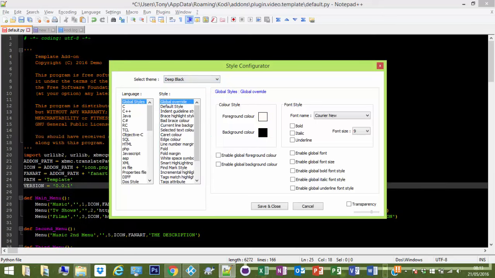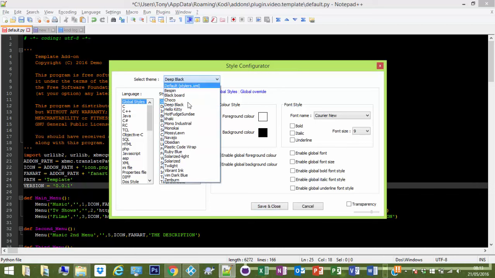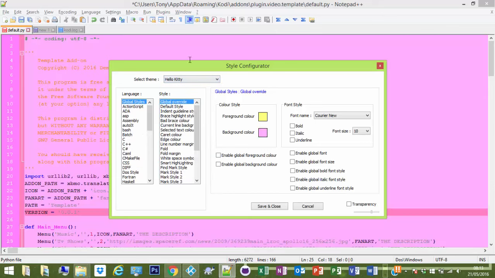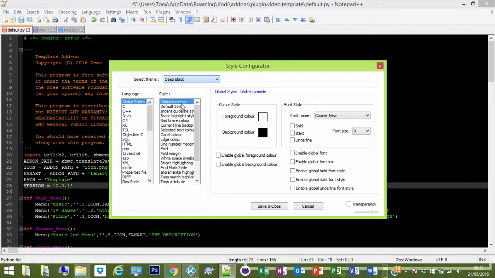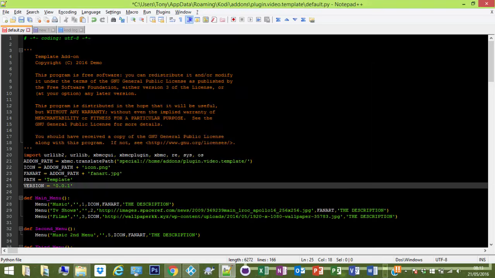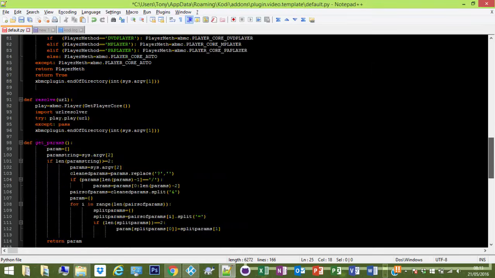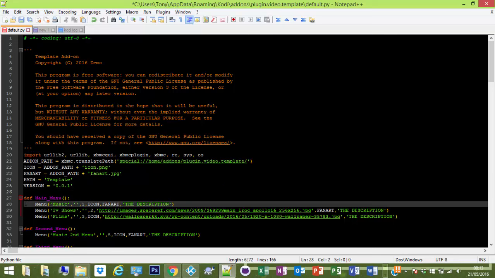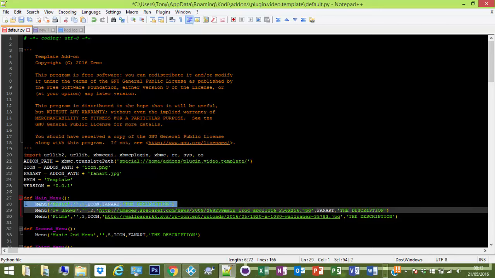So go on settings, style configurator, change the select theme. I mean, there's loads. It's a nice pretty one for you if you want that, but yeah, I find that one easier to look through. Everything stands out nicely, so it's easier to see. It's up to you. I'm not saying you have to, I'm just saying that's how you can if you want to. So now we're going to show you,